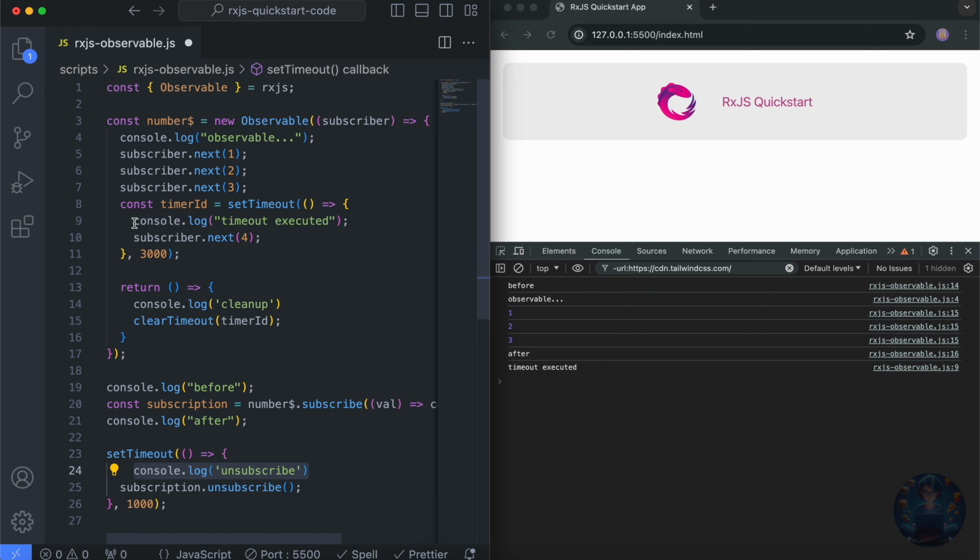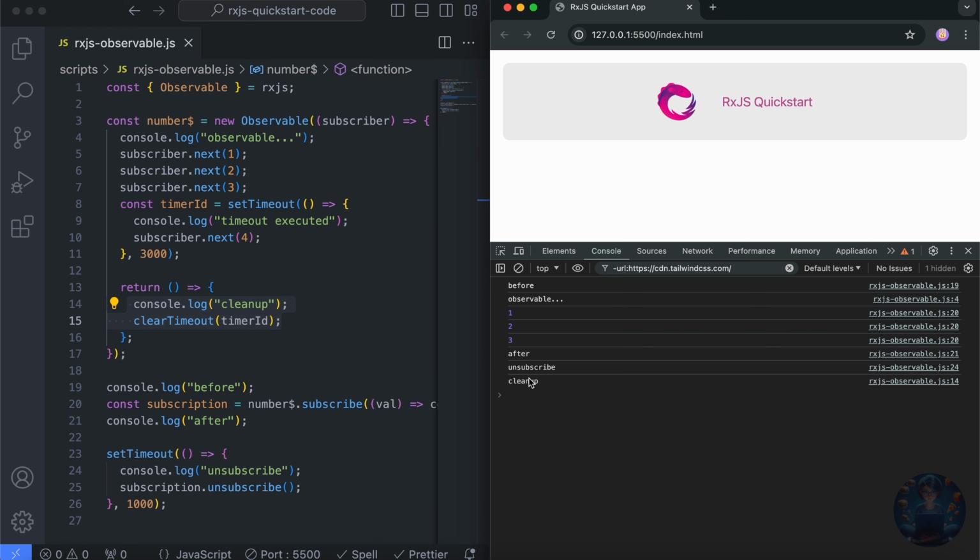Next, what we have done is we have added a console log statement inside the timeout also, collected the timer ID, and in the cleanup, we are clearing the timer ID. Okay. Let's hit save. So what we expect here is this log statement should not be executed because after 1 second, unsubscribe is called, which will call this cleanup and it will clear the timer. Hit save and see that. We have 1, 2, 3. After we see the unsubscribe, we can see the cleanup and there is no log statement for timeout executed.